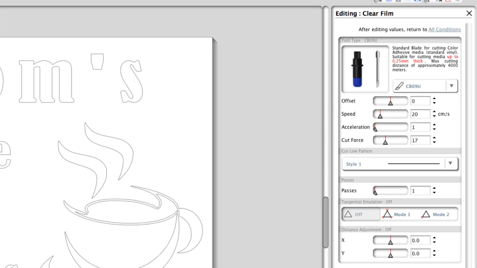Notice that the settings are exactly what are included with a typical condition. From here we can start making changes such as blade type, offset, speed, acceleration, and force. There are advanced condition settings such as tangential emulation and even establishing the number of cut passes. Let's get back to the media type list by clicking on the All Conditions link and create a new media